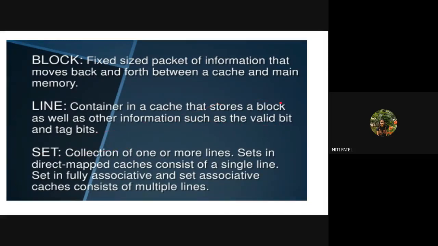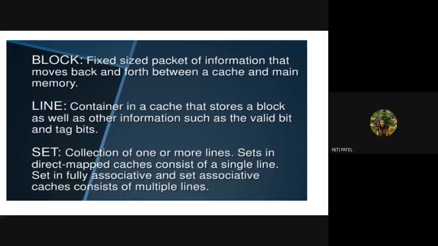Okay, what is this valid bit? Either 1 or 0, where 0 indicates absence of data and 1 indicates presence of data. What is the tag bit? That we will study in the next slide. But just remember that when the data has reached the cache, it is called a line. That line has a valid bit, it has a block of data, and it has a tag bit. What is that valid bit? It indicates 0 as an absence of data, 1 as a presence of data. What is that block? Nothing but the data which has come from the main memory to the cache memory for execution. What is the tag bit? That we will see in the next slide.